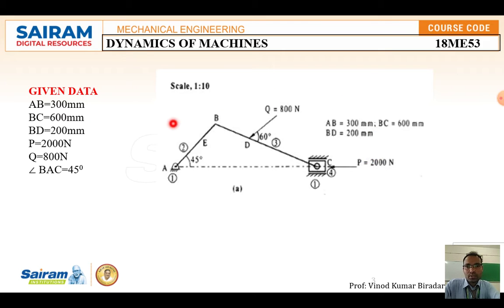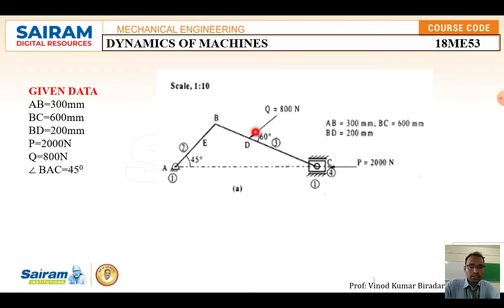After constructing and redrawing with an actual scale, go for constructing the free body diagram of each force acting on each element in the machine component, that is this slider crank mechanism. So you have to draw the free body diagram of this, the third element, and the free body diagram of this AB. That is the element number, this is the crank length.